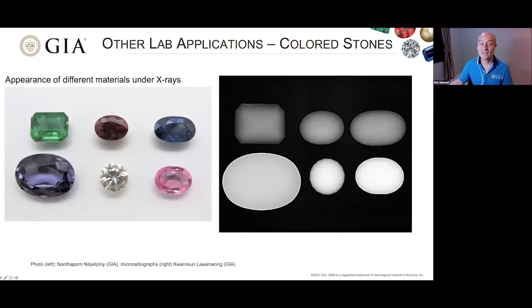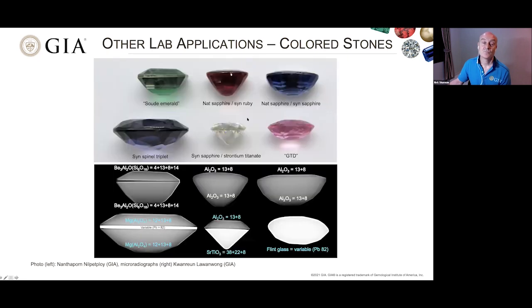And what about for colored stones? I mean, is it interesting or useful for colored stones? Well, yes, you can see that there are some different colored stones here and one colorless one here, showing different degrees of X-ray density. And this is the interesting point, because you probably were thinking, well, those are all whole stones like an emerald or a natural sapphire. But in actual fact, all of them that I showed are composite stones.